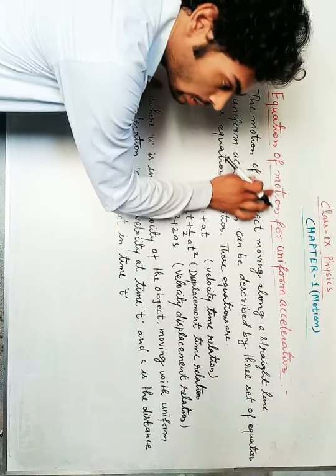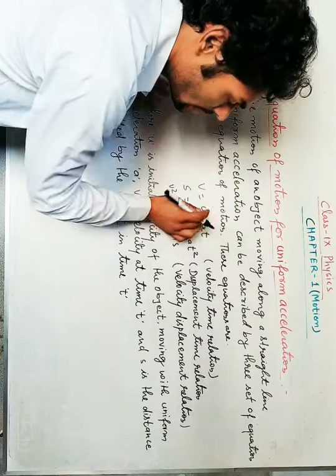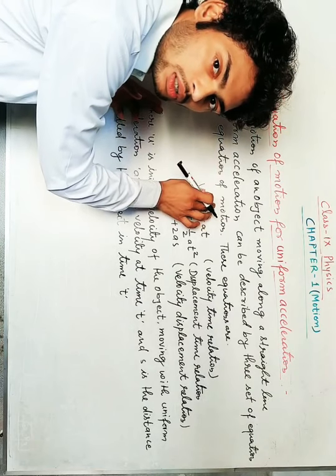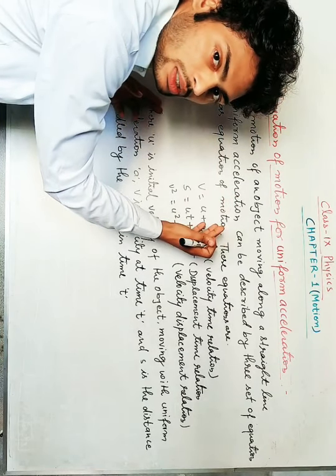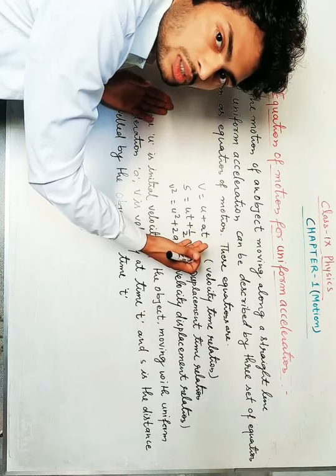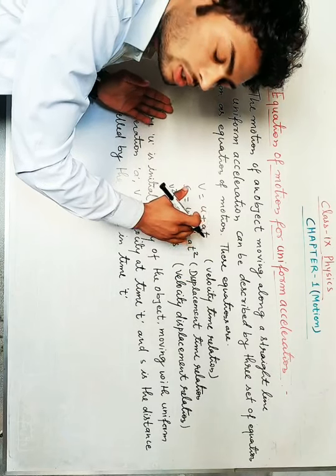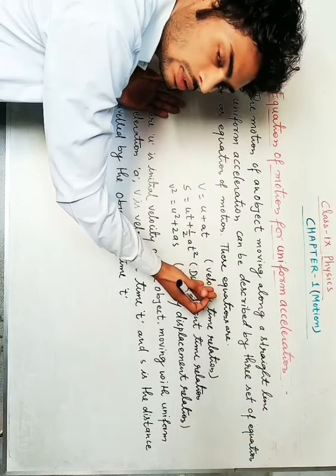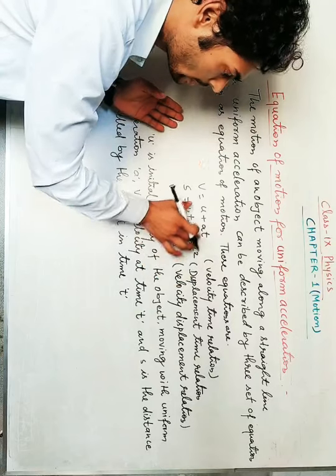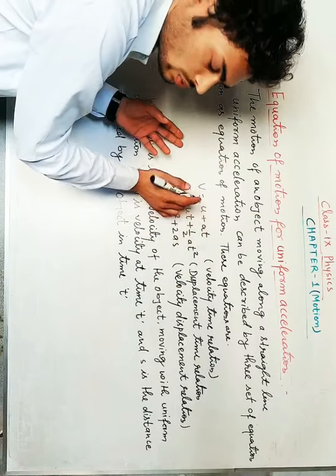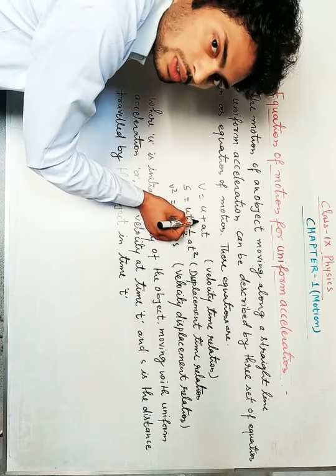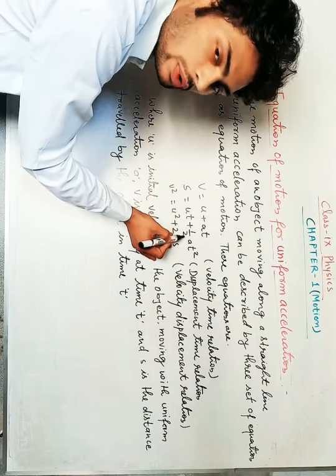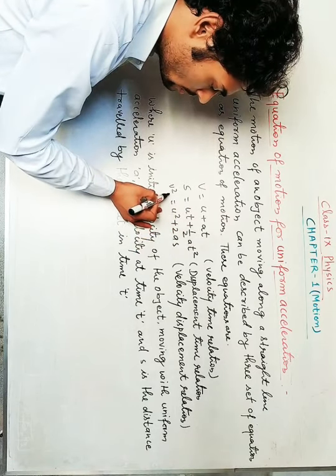Equation of motion for uniform acceleration. If any object is moving in a straight line with uniform acceleration, then it can be described by the set of three equations of motion. These equations of motion are v equal u plus at, s equal ut plus half at square,